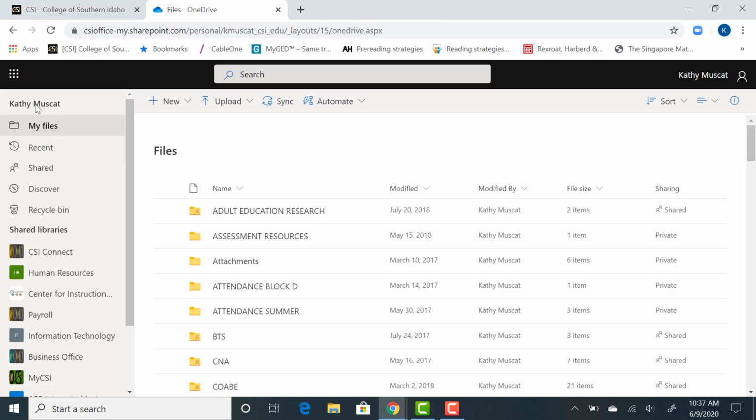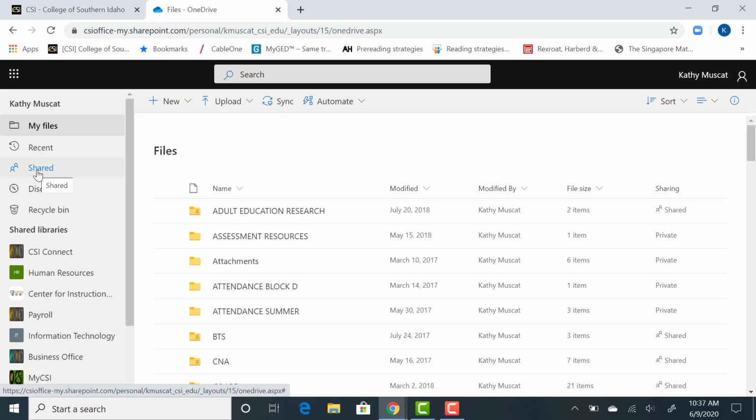To your left, you will see your name, always a good double check, as well as to the right. You will also see several options. My Files. My Files are where things that you upload or create are stored, so they come from you. You have Recent Ones. You have Shared. In the case of accessing the information on attendance, curriculum, and other important resources, you will go through the Shared